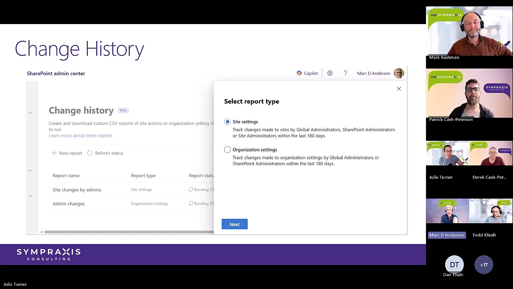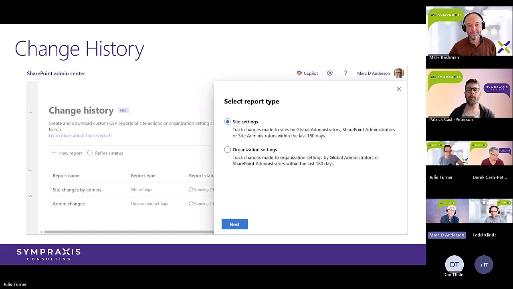So there are two kinds of changes that this allows you to watch for. Things that have been changed on the organization settings, so at the tenant level, basically, what kinds of changes have happened? And obviously you have to be an admin to make those kinds of changes. So you can run a report on what the admins have been changing, and then what changes have been made in individual sites.